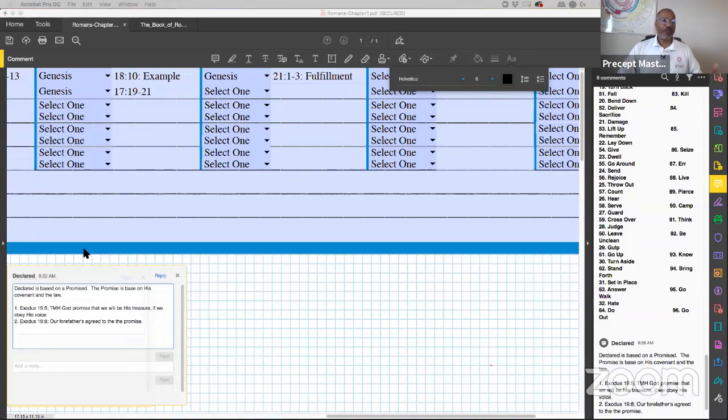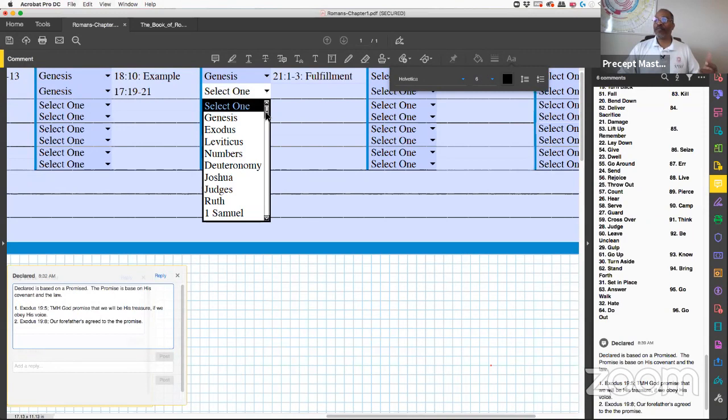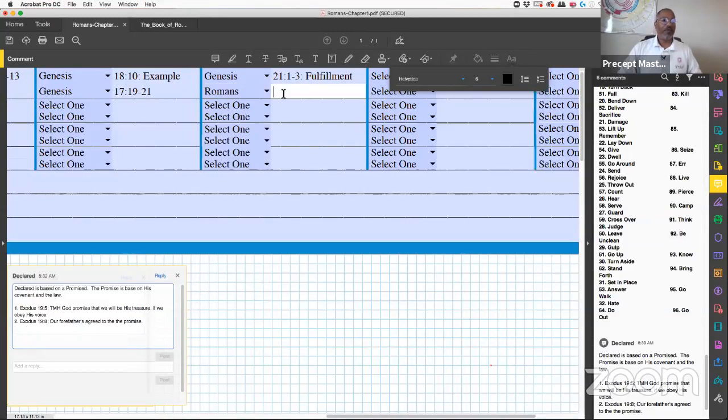So what goes on? We want to see what Paul was talking about. So now we're going to see this same thing, this fulfillment. Paul is going to explain, and he explains it in two areas. We got to look at this. We're going to go to Romans 9, verses 9 through 11, and then we got to go somewhere else. But we're going to go there and we're going to see how this breaks down and why it's doing it in this manner. So in there, we're looking at this promise, and Paul breaks it down.